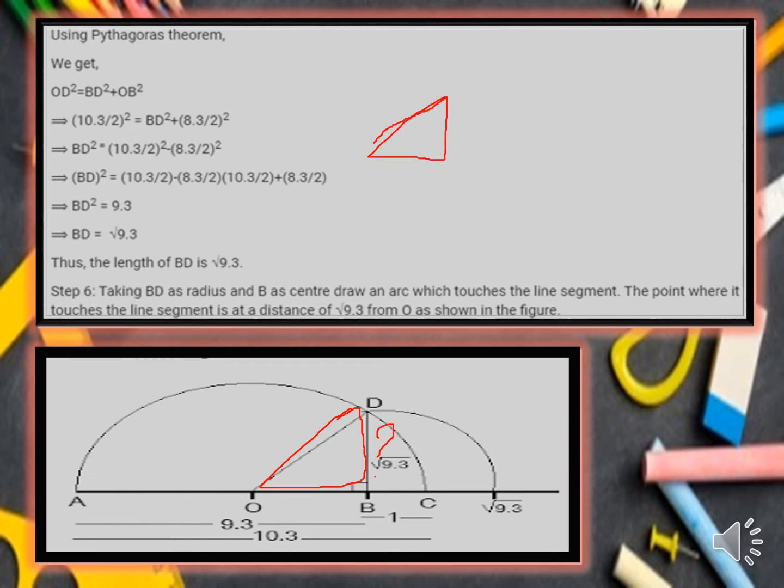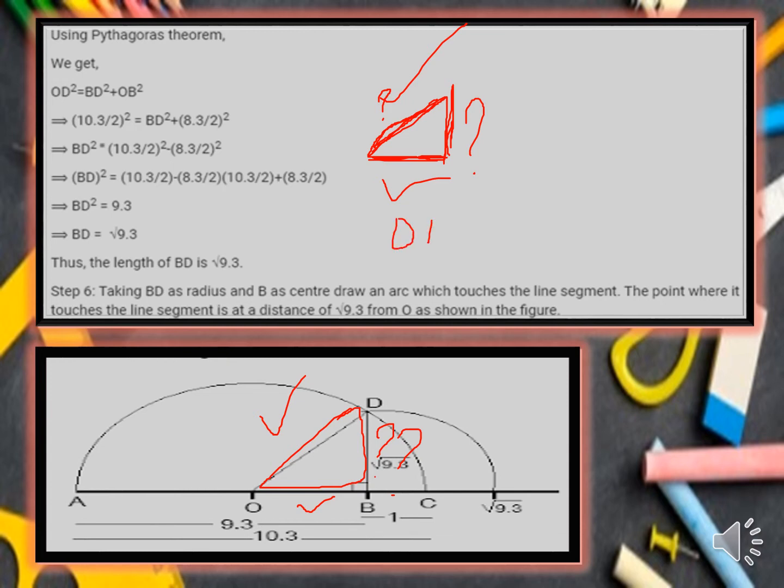To a right angled triangle we can apply this Pythagoras theorem to find the hypotenuse. So here hypotenuse is given. This is said to be hypotenuse, this is said to be base, this is said to be height. Hypotenuse is given here and the base is given here, only the height is not given. So let's find height using this Pythagoras theorem.